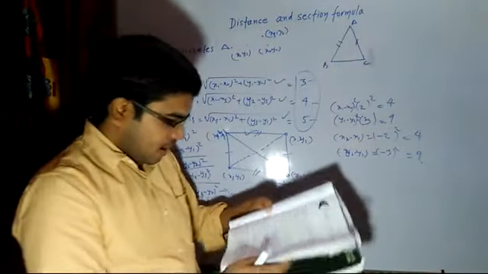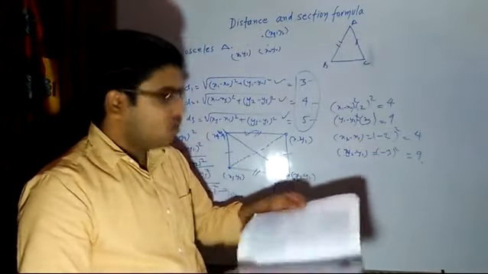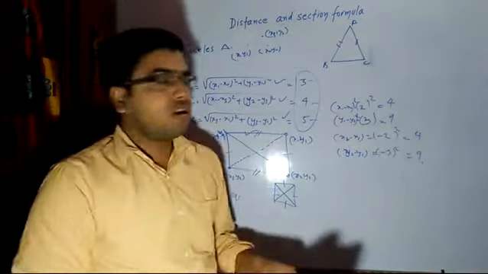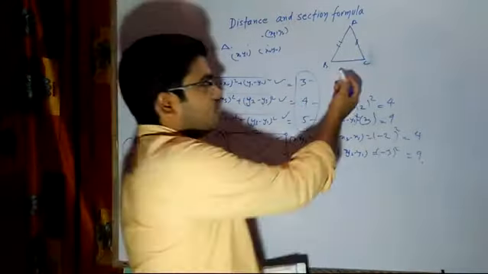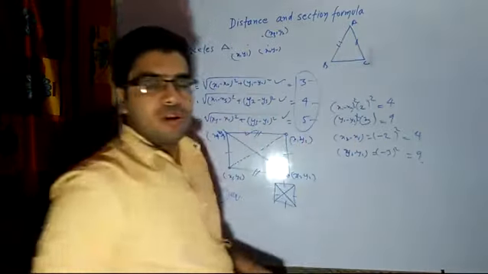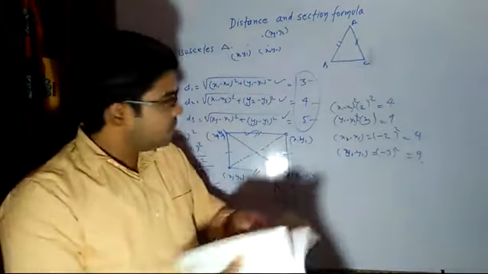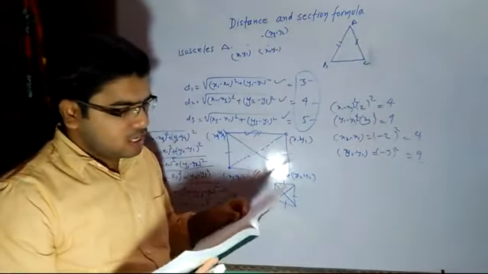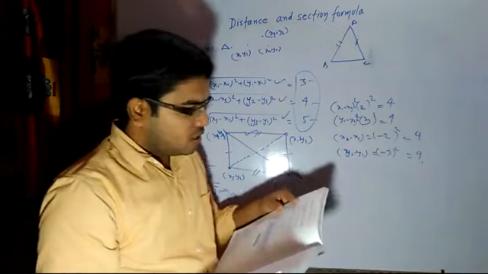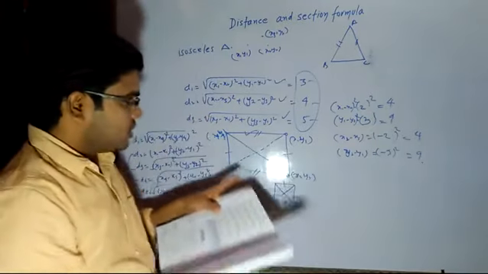Now another type we have, like in case of a right angle triangle, I already told you that you have to apply the Pythagoras theorem. If it is an isosceles triangle, you have to see that two sides are equal. Equilateral triangle, all three sides will be equal. Pythagoras formula should be applicable, like in this example I gave you. Now third we have quadrilateral, opposite sides are equal. Quadrilaterals with equal diagonals, that means it is a rectangle.